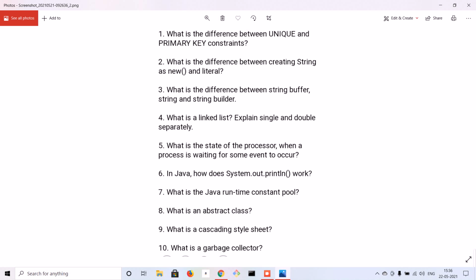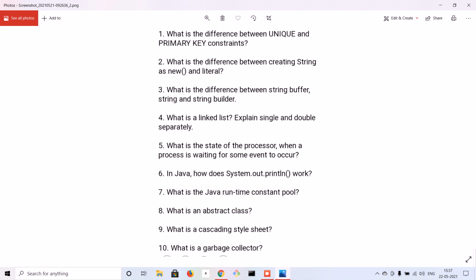In a linked list, one node is connected with the other node using the next attribute. We have a head, which is the head node, and the last one is the tail node, whose next value points to null. This was a singly linked list.